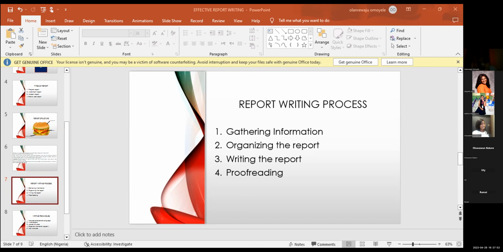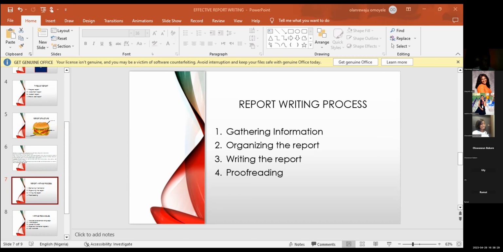Like I said, we'll look into some AI tools. You've written out your report. Okay, you can now take that report into Grammarly. And Grammarly will identify the errors. It will tell you, okay, you need to rephrase this, you need to put a comma here, you need to put a full stop here, and all that. You do that, you package it and send it. So your report should be written in proper grammar and punctuation. Okay, it is important. Use a nice tone, and be clear and concise.